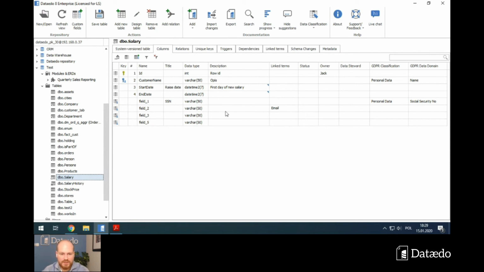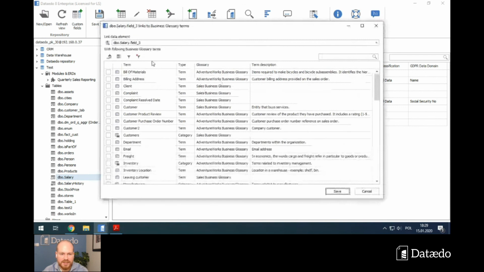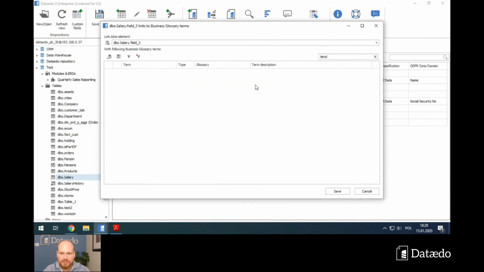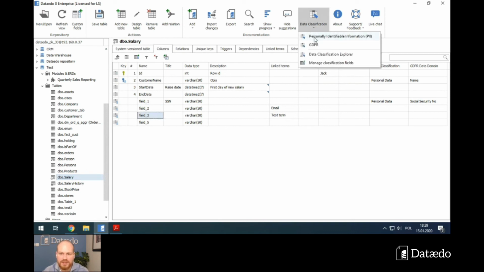So what that gives me is the ability for this tool to also check this information. Let me do it for one more field. I have created also a test term. Oops, sorry. So let's have in mind those two fields, right? They're now linked to those two terms. And when I run this thing once again,